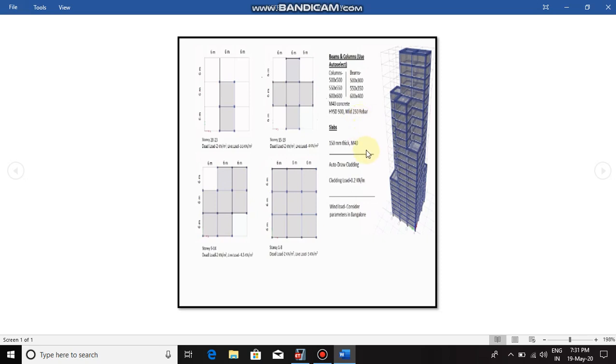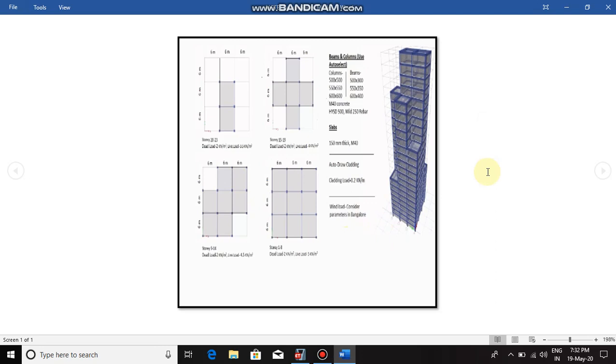In this, the slab of about 150 mm and having M40 concrete grade is used, and cladding is mainly the wall without a self weight of about 0.2 kilonewton per meter is used. This is a tall building which is designed for Bangalore.